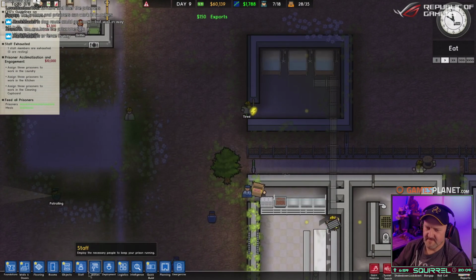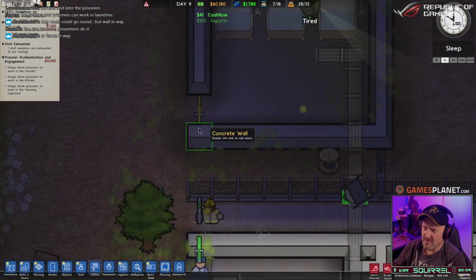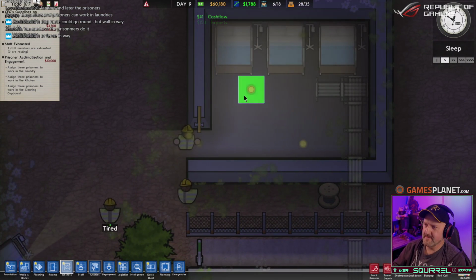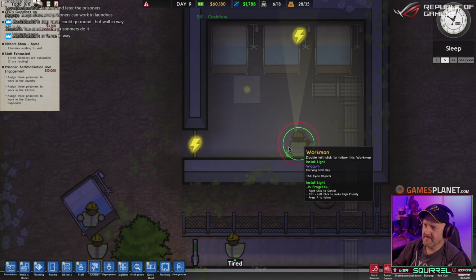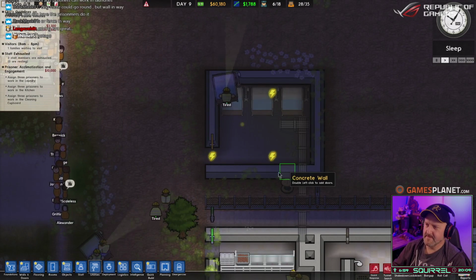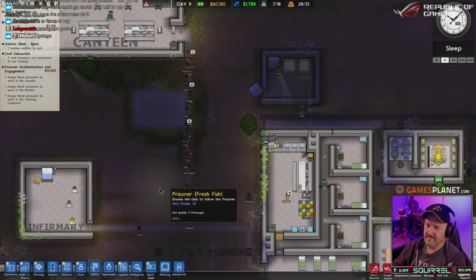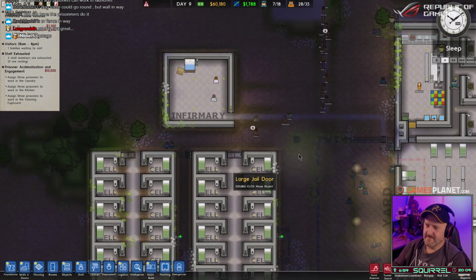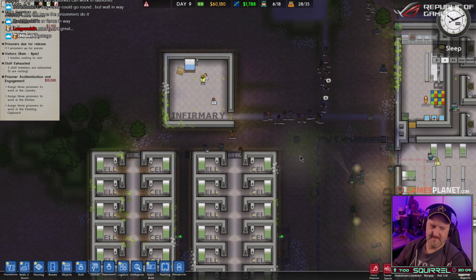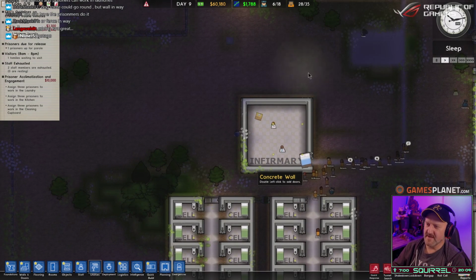Wait, why does that need a light on the door? Give me a break. Mixing isn't great. Well, how do you separate? I mean, I was going to fence the whole yard off anyway, but...